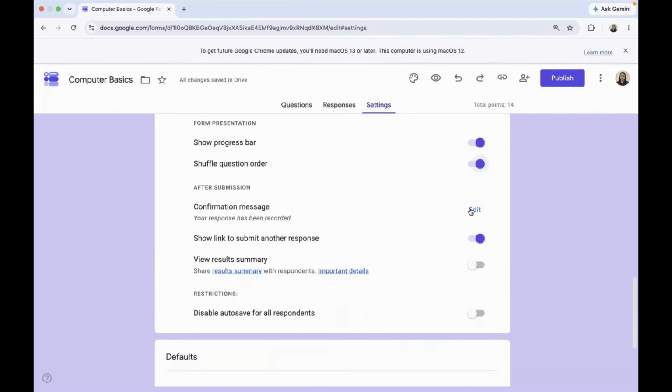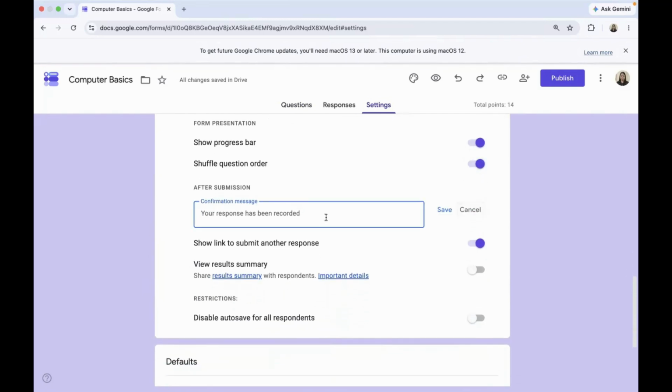And then the confirmation message, you can personalize this so that the students will really feel that their response has been recorded, or you may add here, congratulations, or change it into this one, congratulations for submitting your response.